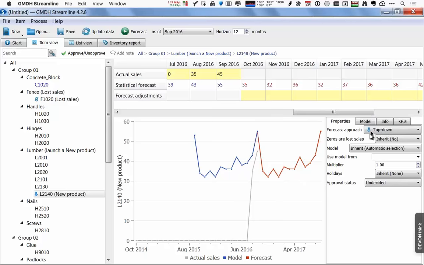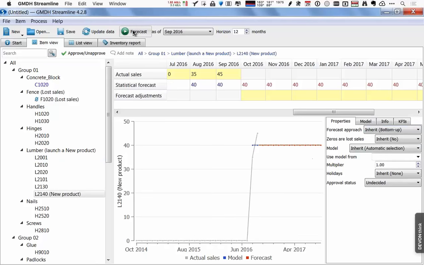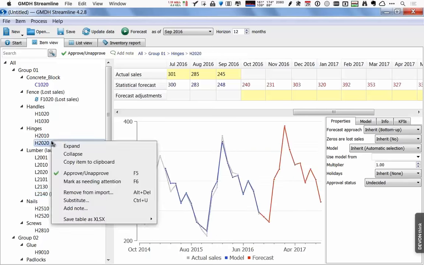And there's another way to accomplish that. This was using the aggregate of its other products in its group, the other representative products in its group. I just set that back. Now, let's say I had a direct replacement model. I could use one from within its group, but really I could use any. So, for instance, if I knew that H2020 was a direct replacement product that this new product 2140 was replacing, all I have to do is copy it